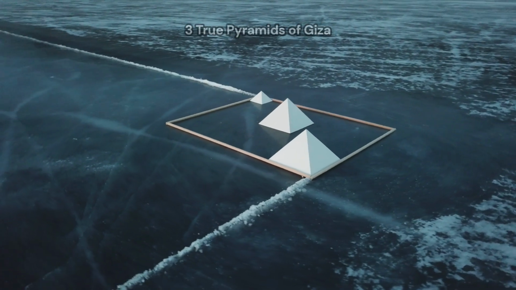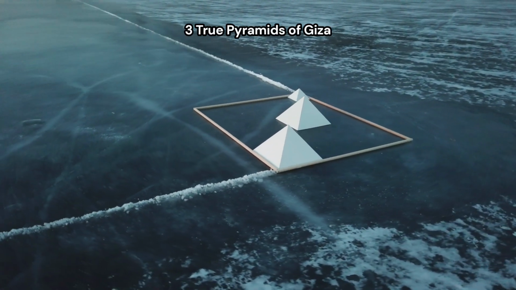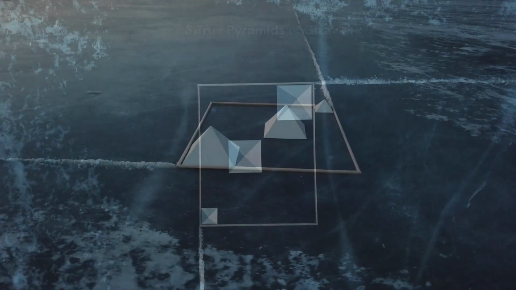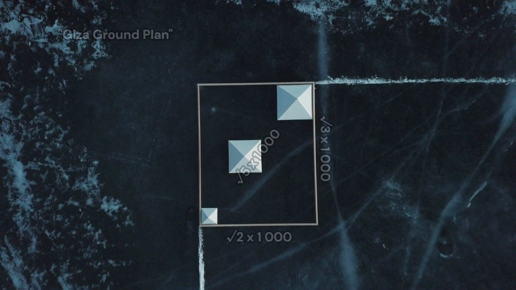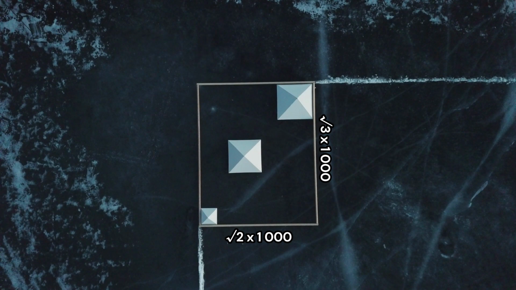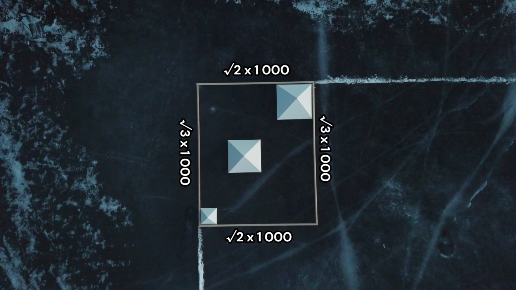Now, let's examine these ground plans in more detail. Let's begin with the Giza ground plan. The side lengths of the Giza ground plan express the mathematical ratios of square roots of 2 and 3. Why these specific ratios? Perhaps because together they produce a total perimeter that is a near perfect approximation of a unit